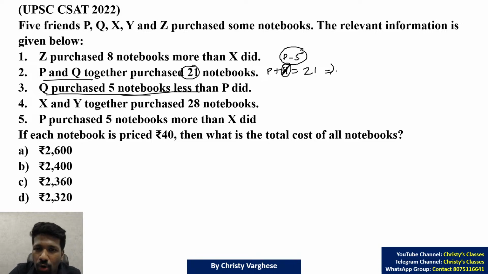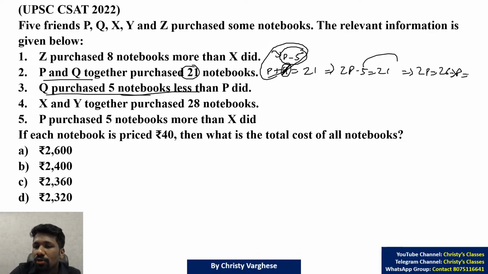Then mathematically or logically, I am not compelling you to do this logically because it is not that easy in the exam hall without writing the equation. So you can write minimum steps. That is what I am trying to say. So P plus P minus 5, that is 2P minus 5, is equal to 21. Taking minus 5 to the other side, 2P is equal to 26 and P is equal to 13. You can minimize the steps if you practice well, but as I want to make you all convinced, I am writing a few more steps. So P is 13. All of you understood this? Please respond. P is 13.